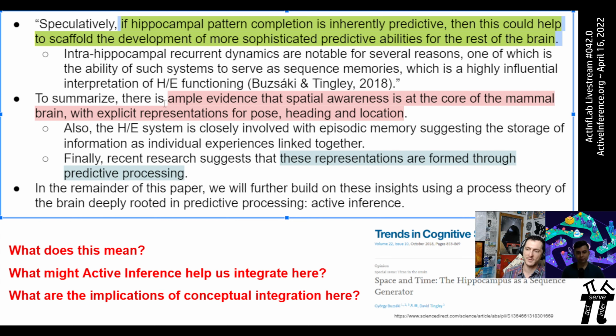So I think the richness of self and the place-basedness and learnability there is quite interesting to explore. And they also note that there's ample evidence that spatial awareness is at the core of the mammal brain, with explicit representation for pose, heading, and location. So what I wanted to explore here in the discussions was